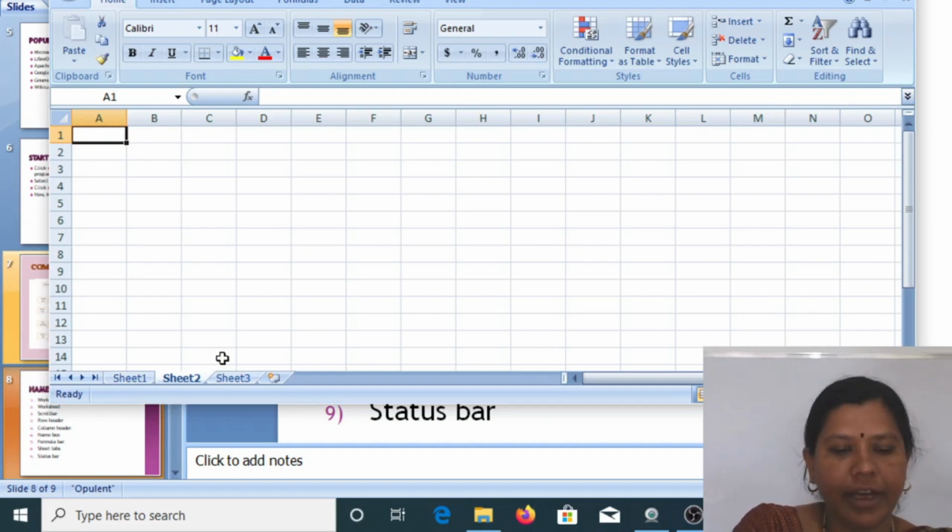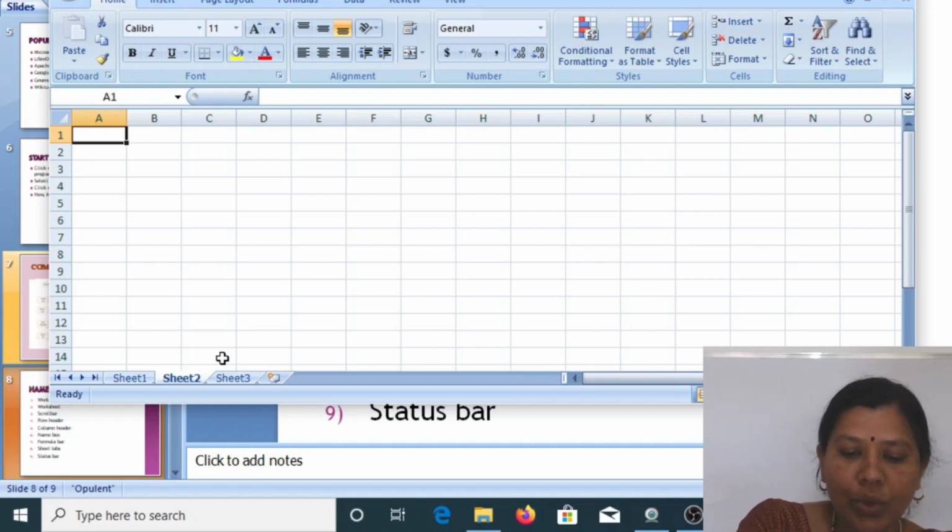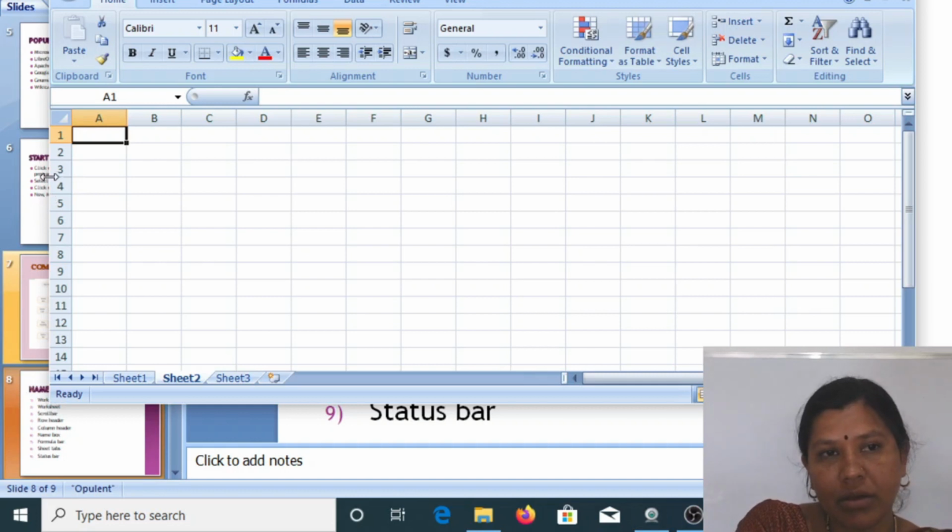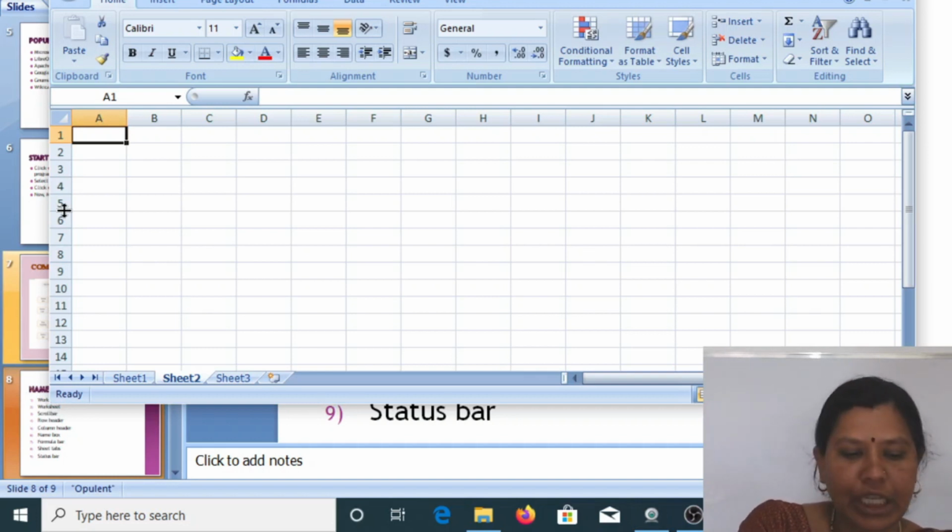Next is a range of cells. In general, range refers to the values between two other values. For example, see here, now our range is 1 to 5. In 1 to 5, what does it include? 2, 3, 4 as well.